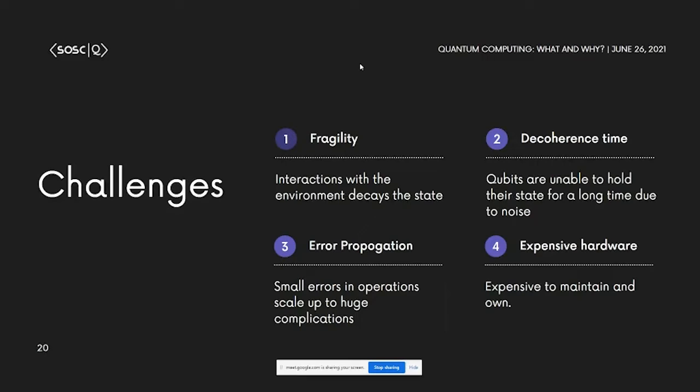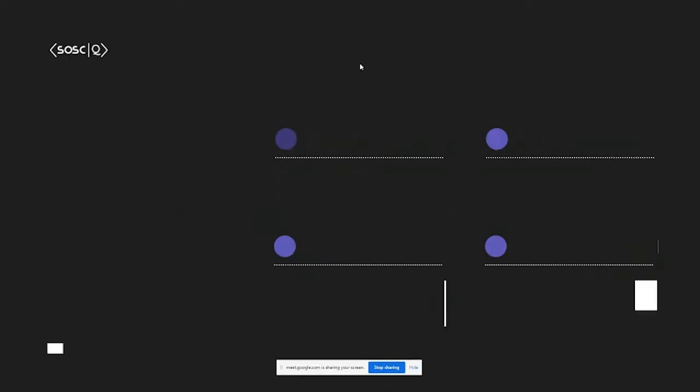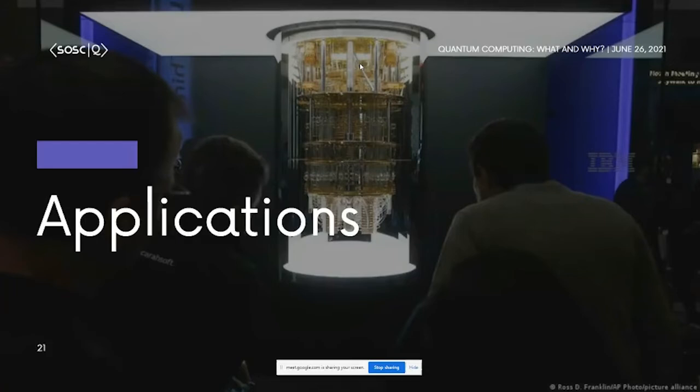Still, you might say, hey, okay, you hyped me up with Shor's algorithm, and you told me there are so many things, and now you're telling me that nothing works out. What's going on? It turns out there are still applications with this. Okay, we are at an early stage. The first commercial ones at least came out around 2011, right? So we have to give it a bit of time to develop. But still, there are a lot of systems right now which we can use, and there are a lot of companies right now which are making use of it in a lot of problems.